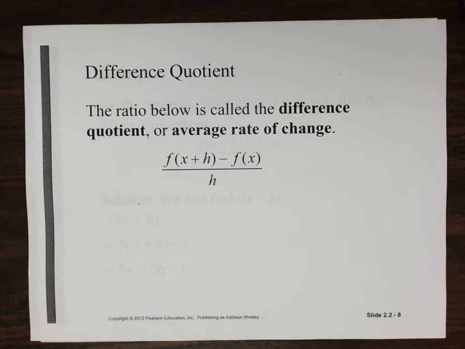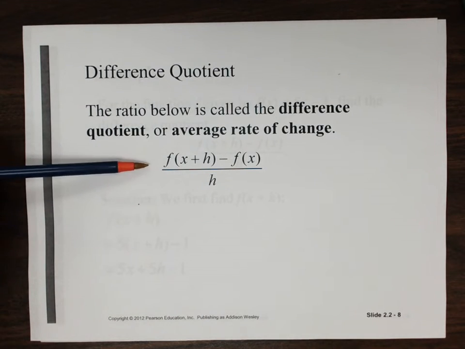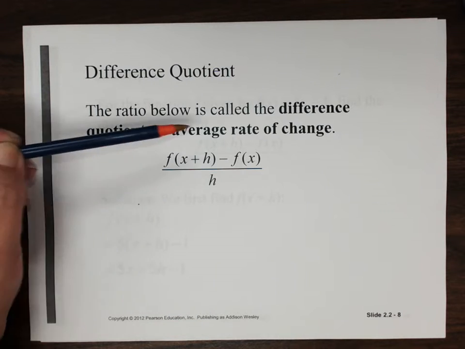Hello guys, today we're going to be moving on to a new topic. So we spoke about this a little bit coming into the average rate of change. Today we're going to be looking at difference quotients. So this ratio that we're given here is called a difference quotient, or it's also related to this average rate